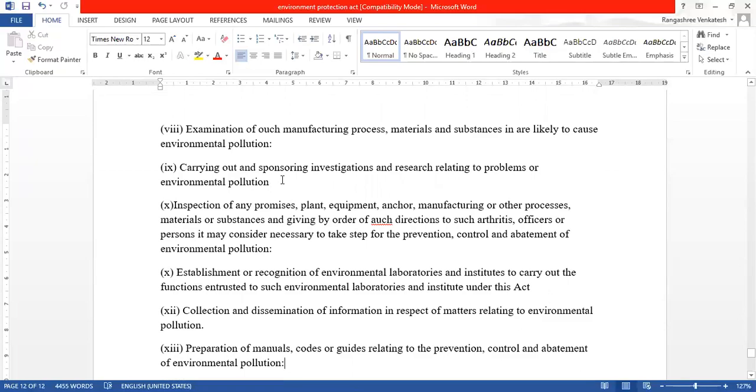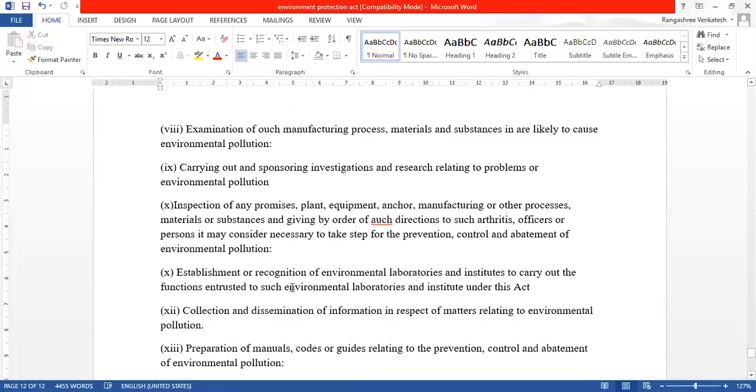carrying out and sponsoring investigations and research relating to problems of environmental pollution; inspection of any premises, plant, equipment, machinery, manufacturing or other processes, materials or substances, and giving by order such directions to such officers, persons or authorities as it may consider necessary to take steps for the prevention, control and abatement of environmental pollution;